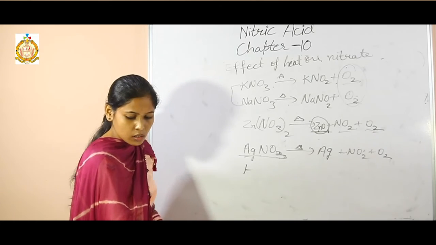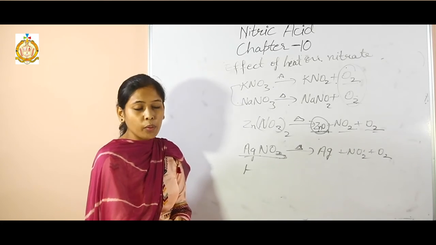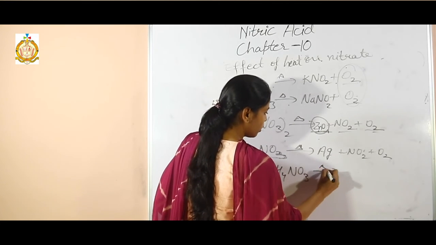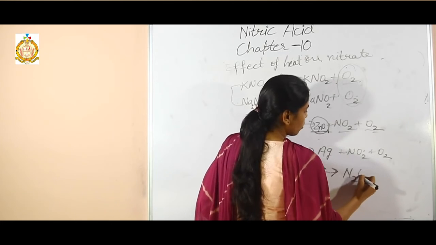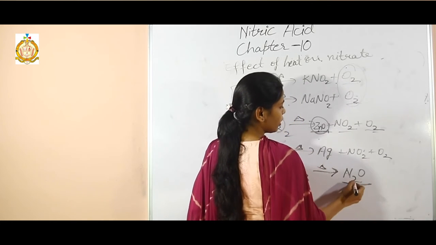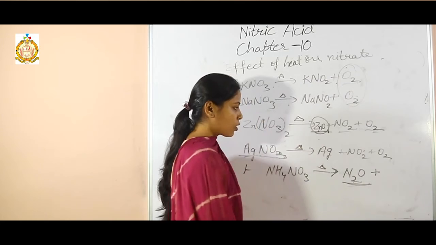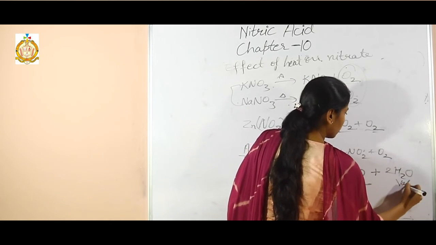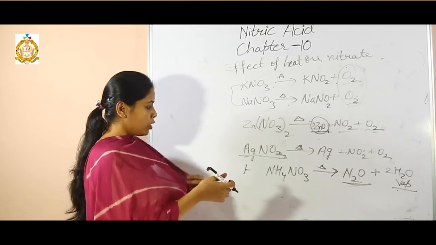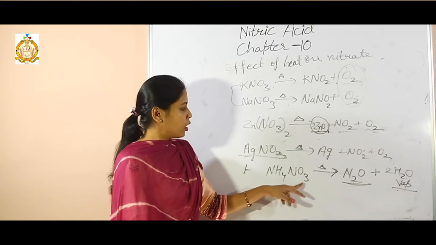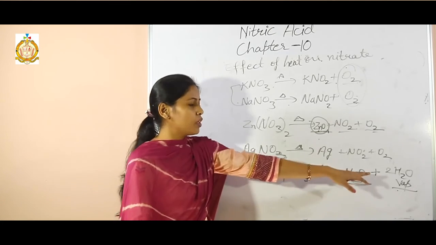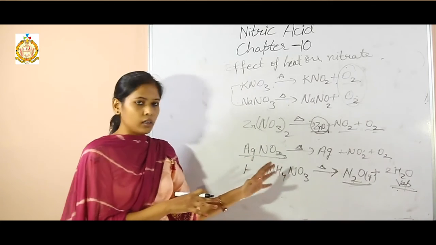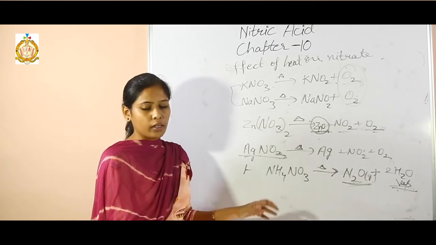And next one, last, ammonium nitrate. Ammonium nitrate formula is NH4NO3. On heating, it gives nitrous oxide, this is called laughing gas. Formula is N2O and chemical name is nitrous oxide, and here water vapor. So observation is that when ammonium nitrate is heated in the test tube, nothing is left behind. Both will change into gaseous form, and no residue will be left behind in the test tube.